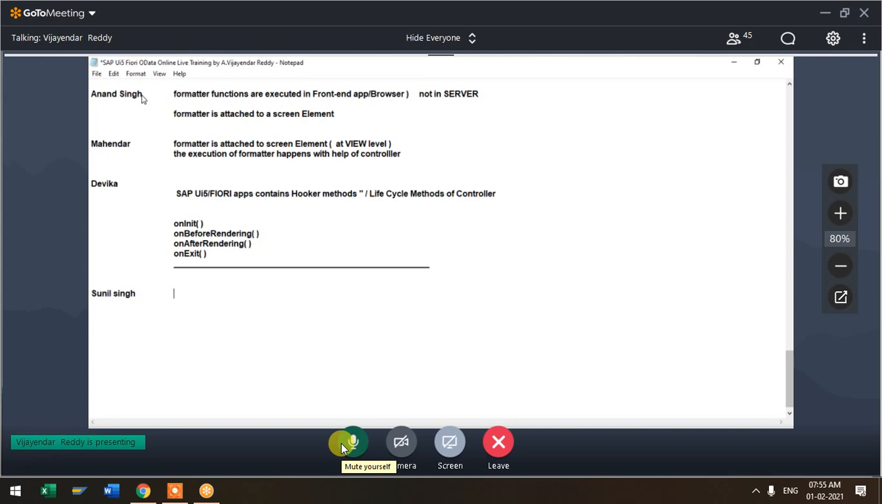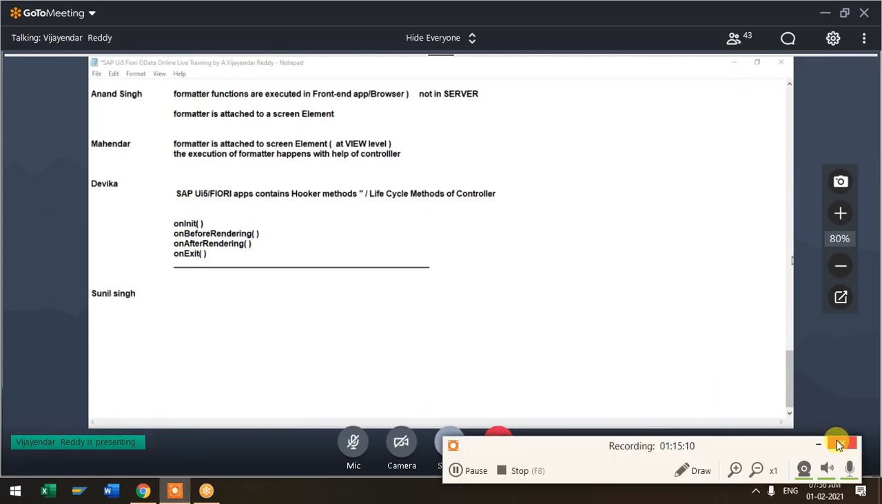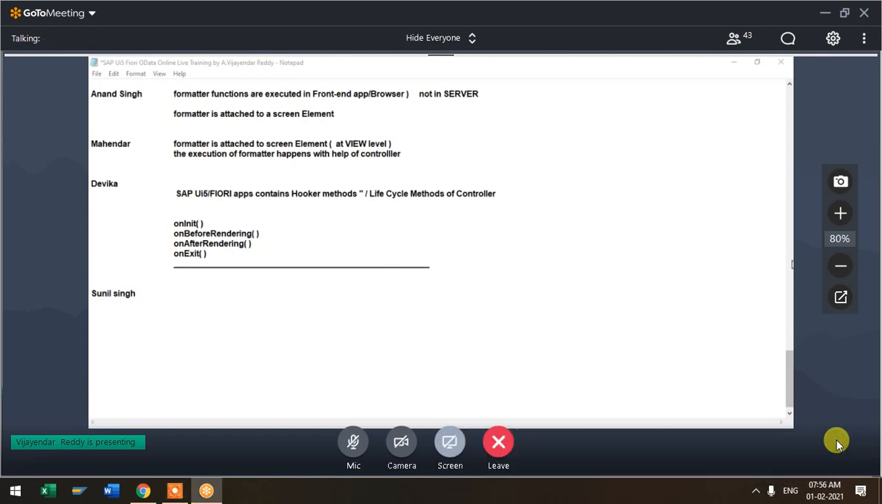Okay, sir. Yeah. Then Vasant, Srinivas, Shahida, Shakir, Sainath, any doubts? If anyone is having a doubt, you can unmute and you can speak. Mohit,